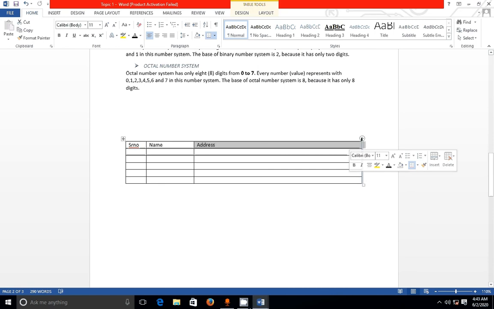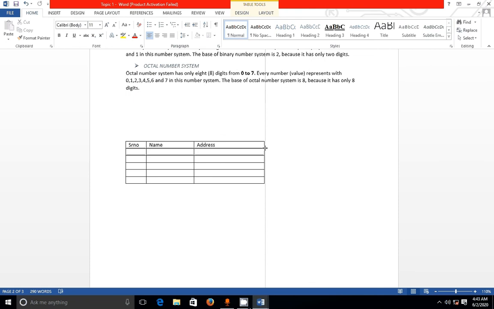Then write the data 1, 2, 3, 4 and 5. If you want to delete the last row, one setting is there.